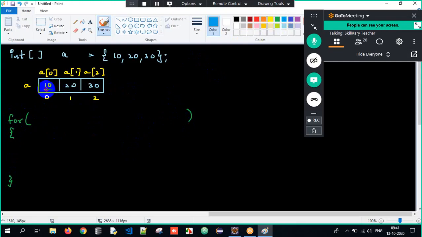So if I want to fetch 10 here, the index position is 0, correct? So I will initialize my i value to 0. And now it is gradually incrementing, 0 to 1, 1 to 2. It is incrementing by 1, so it is i plus plus. Now here, if I want to traverse it till 10, 20, 30, till the end point, will I make use of